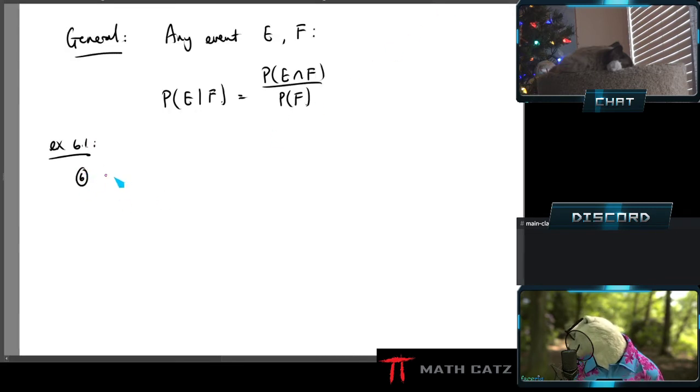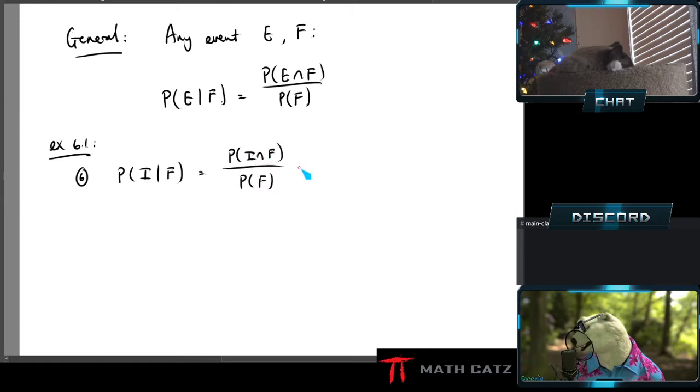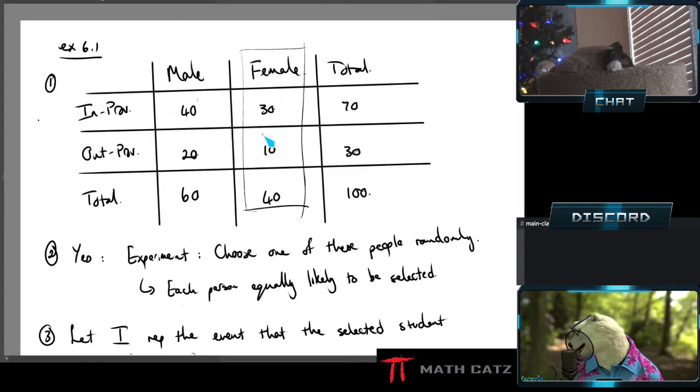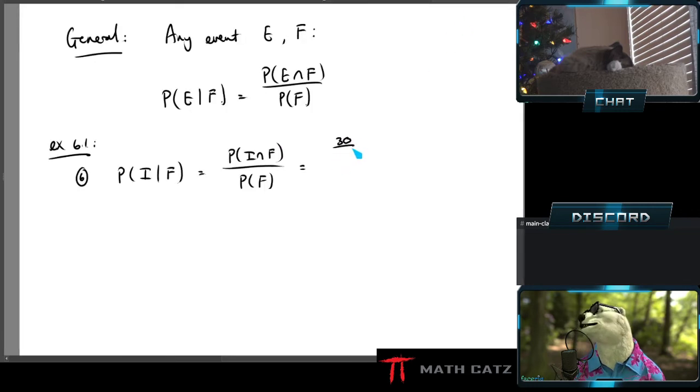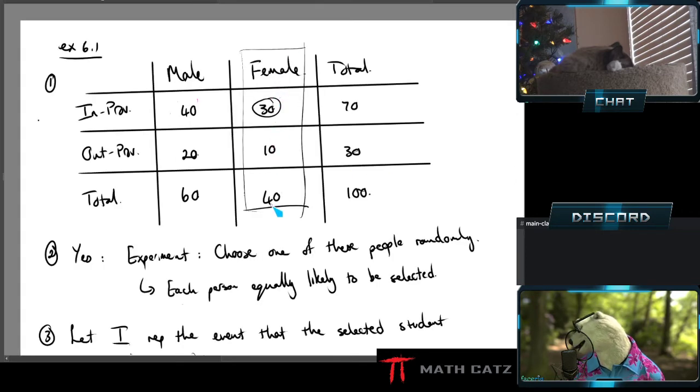So there, our question is the same. This is number 6. Back to probability of in province given female. Using this now, and only this is what I'm going to use forever. It says find the probability of the intersection and divide that by the probability of the given event. Okay, one at a time, completely separate from each other. Probability of in province and female. It's this guy, right? It's conventional probability 30 over 100. Probability of female is 40 out of 100.